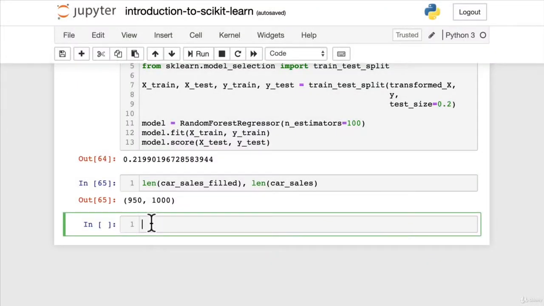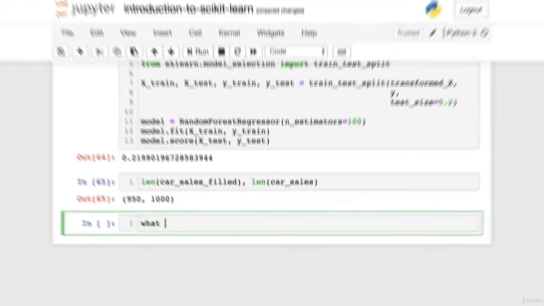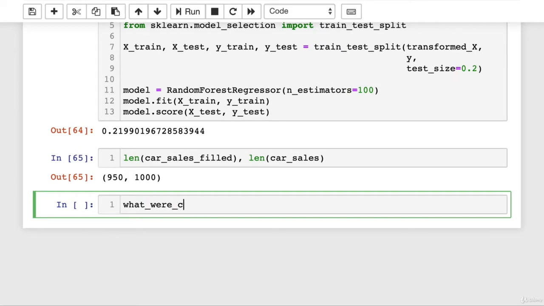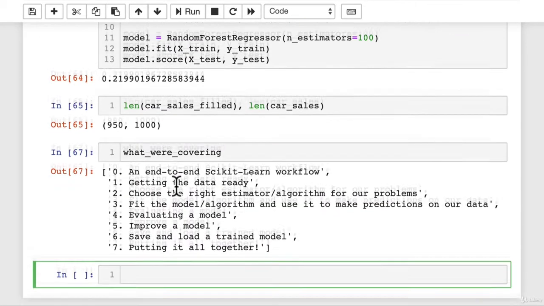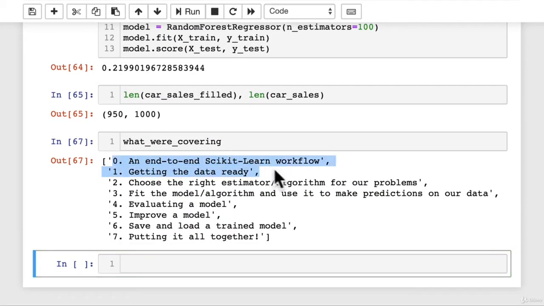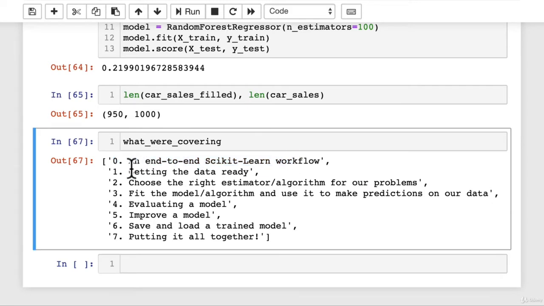Okay, welcome back. Let's revisit our little list here of what we're covering to see where we're up to. Okay, so we've done 0, an end-to-end Scikit-learn workflow, and we've done 1, getting your data ready. So now we're going to do number 2, choose the right estimator/algorithm for our problems. Let's make a little heading for that. 2, choosing the right